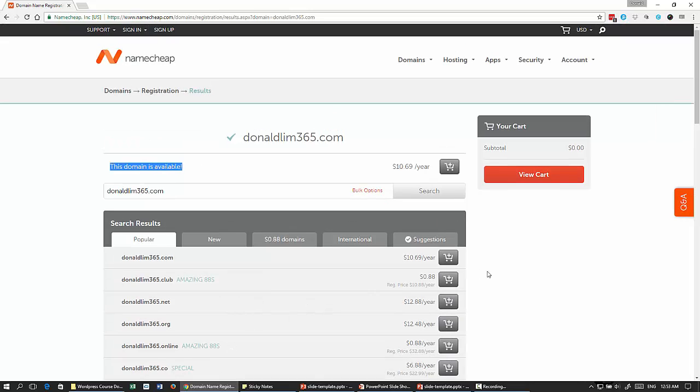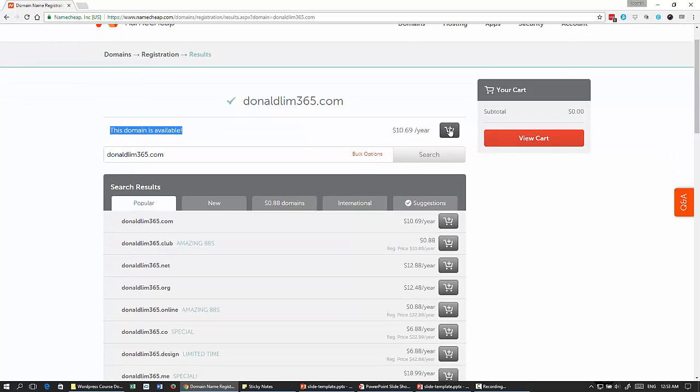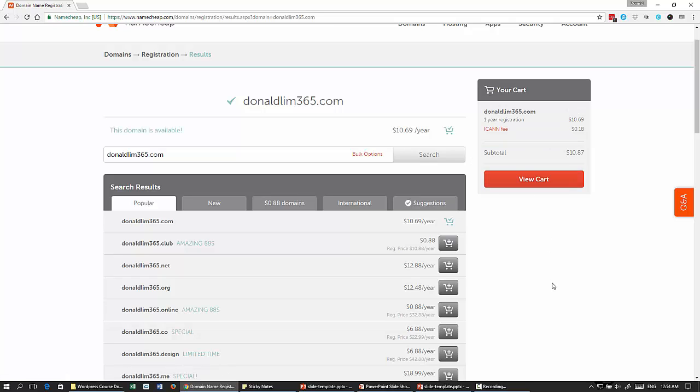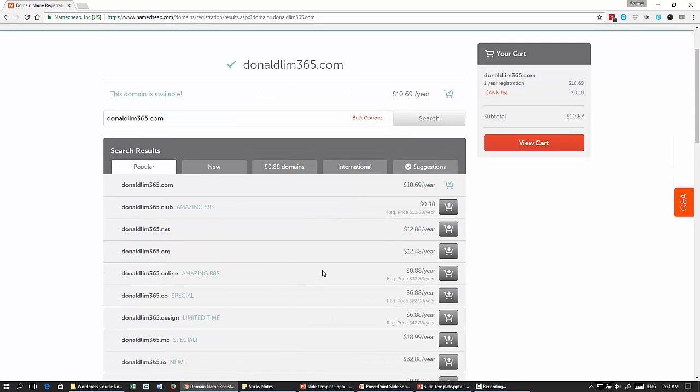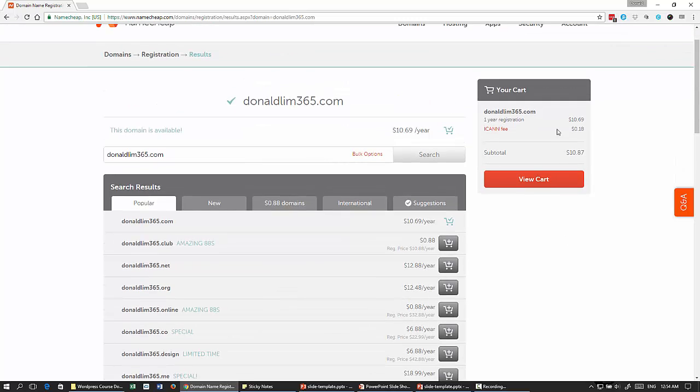So what I need to do now is I'll just click on this button, add to cart, to prepare myself to pay for the domain name itself. You can ignore all this because they are trying to upsell you. So you see that this has been added to cart for 1 year and it costs us $10.69 with this ICANN fee, which is about 20 cents, or 80 cents to be exact. So you can click on view cart